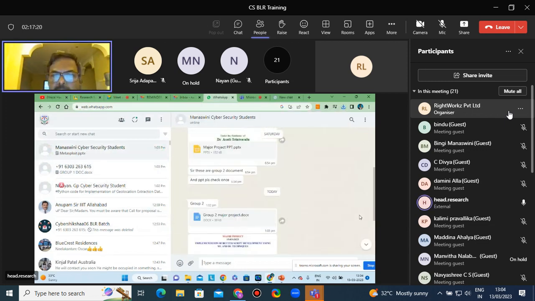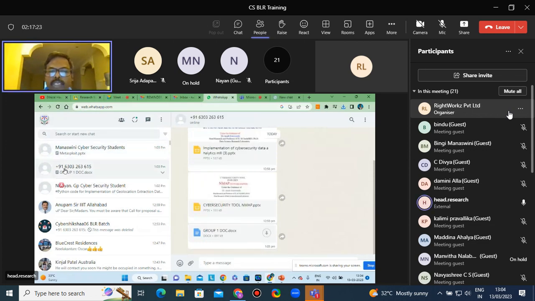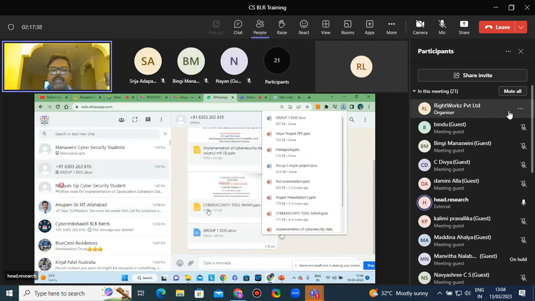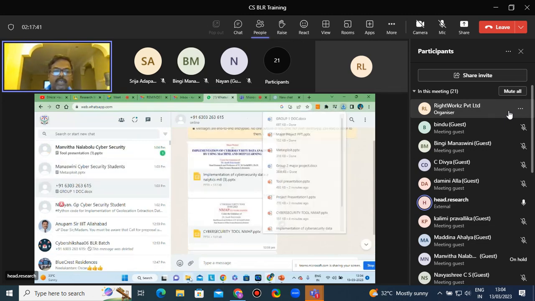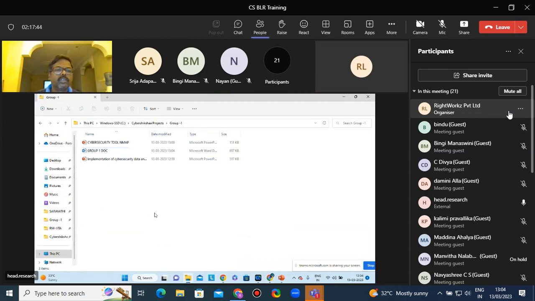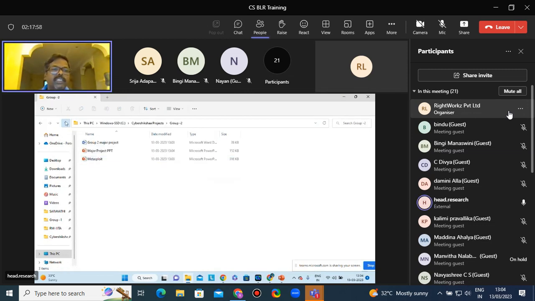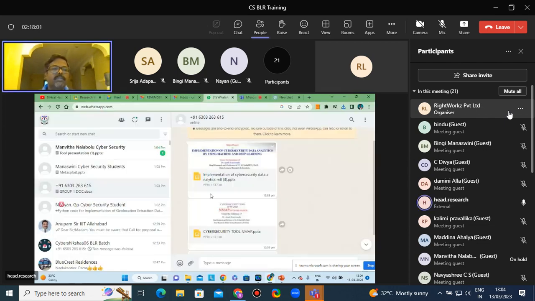That is good. The remaining batches, please send. Group 1 Srija, your documentation I have received right now. Group 1 Nmap 2, I think I have uploaded. Cyber security tool Nmap. So from group 1 I have received the document, cyber security tool implementation, major project and input data set. If you have downloaded the input data set, you can send. Any other batches? Manvita,